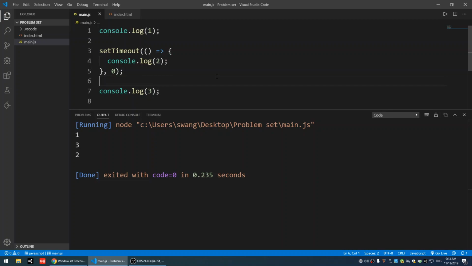Why? It seems like they cancel out, I'm waiting for 0 seconds. Why is my code still skipping that and coming back later? The reason is that when there is any asynchronous function, no matter what time it is, either it waits for 0 seconds or waits for 1 second, JavaScript will skip it for now. And it will finish all the synchronous functions first, and then come back to all the asynchronous functions, no matter